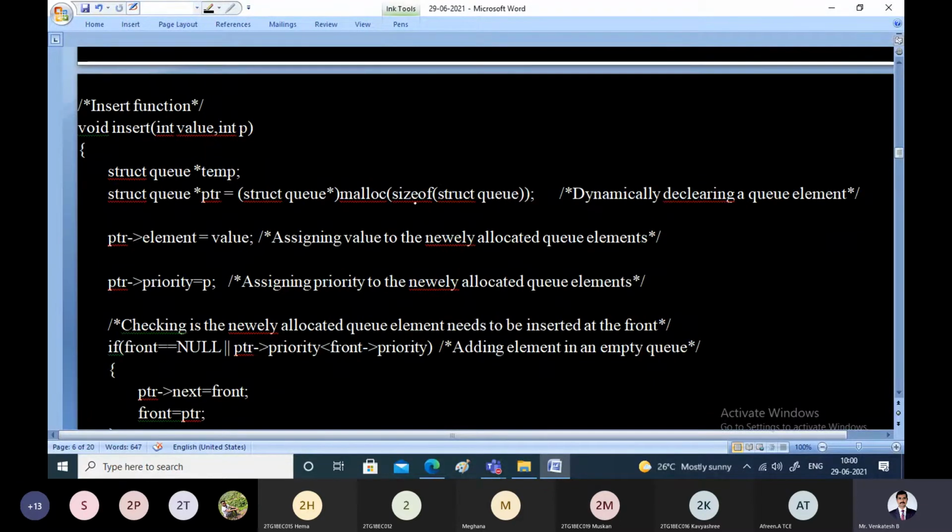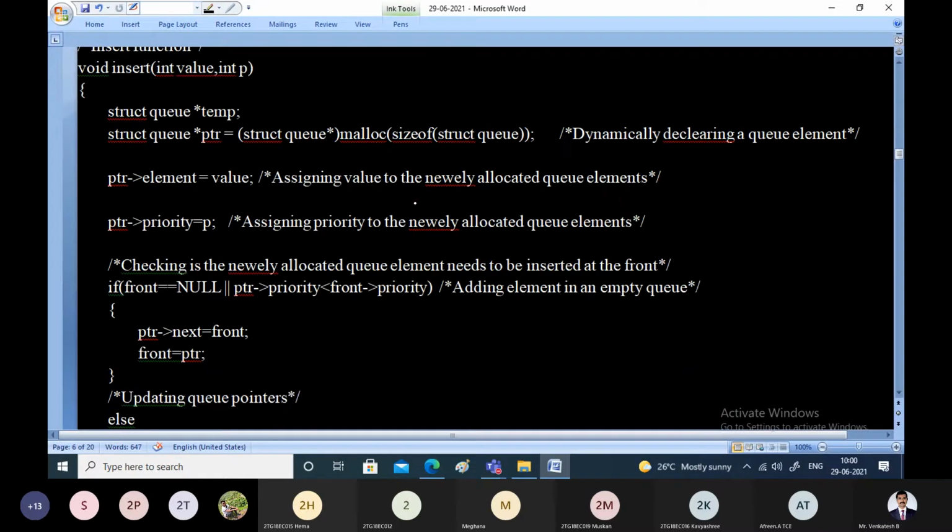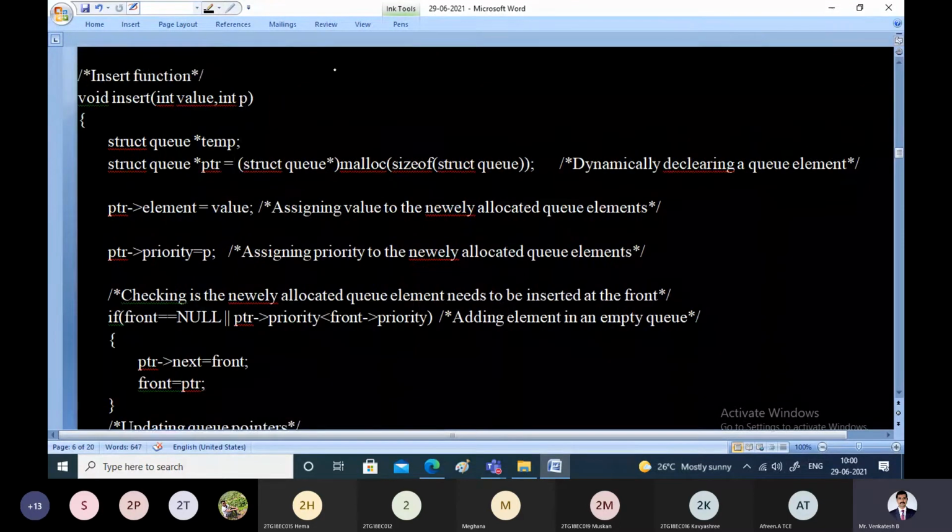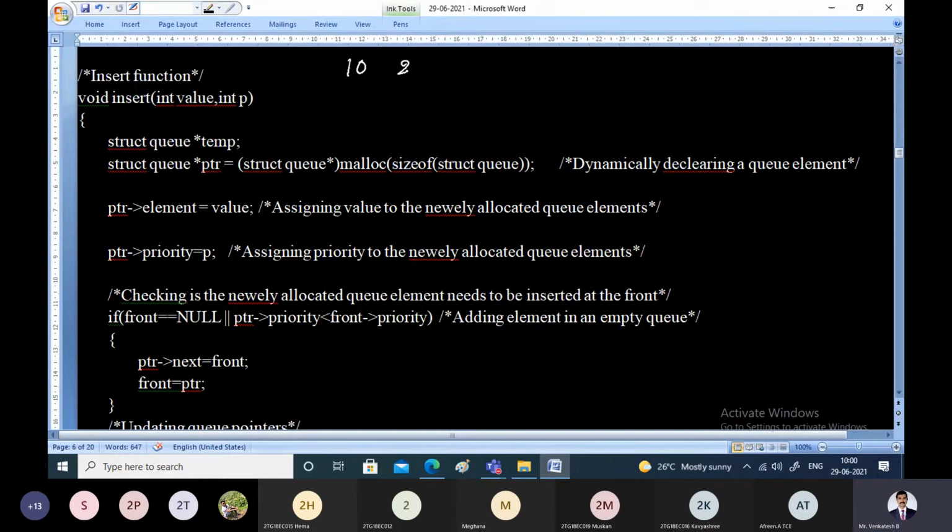Let us assume that the input is like this. We are giving input like this: 10, 20, 30, 40 and 50. So these are the elements we are trying to insert into the priority queue. This is the order.